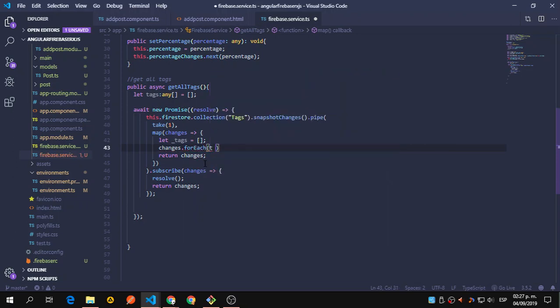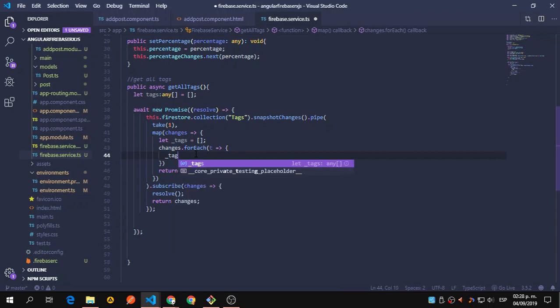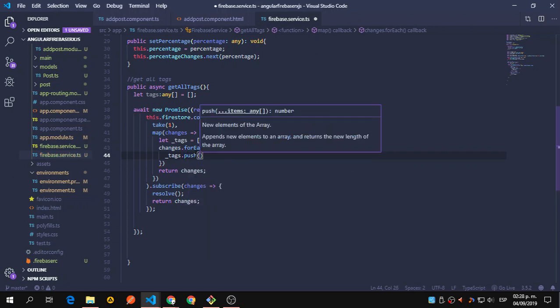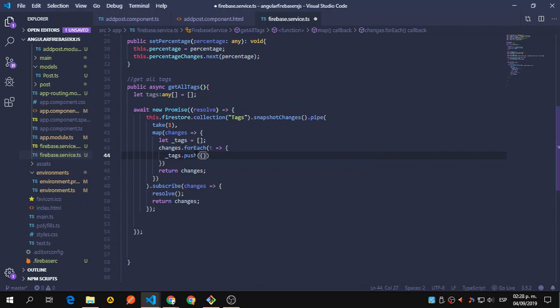So let's say t for tags, so we don't complicate that more. Just to set a letter, this is only going to store what is going to be returned inside this for each. So let's say changes for each, and now we're going to say tags. So this is only to show you that you can manipulate the information here. Tags dot push, since we have this array, and let's say ID